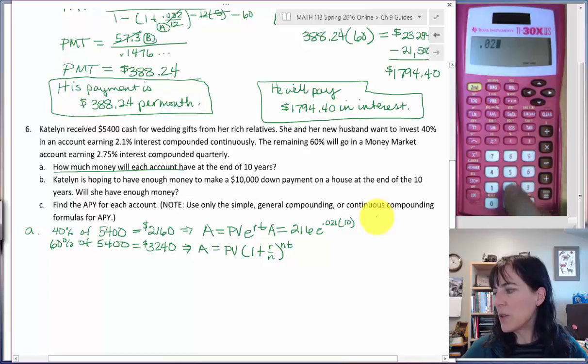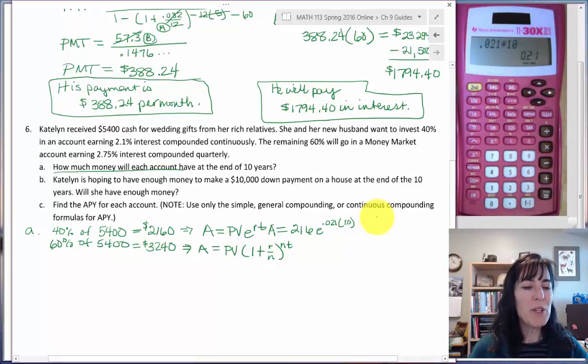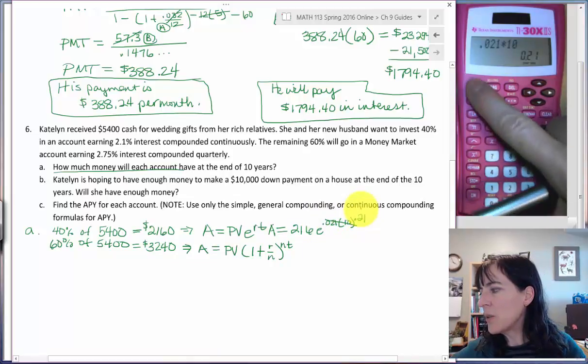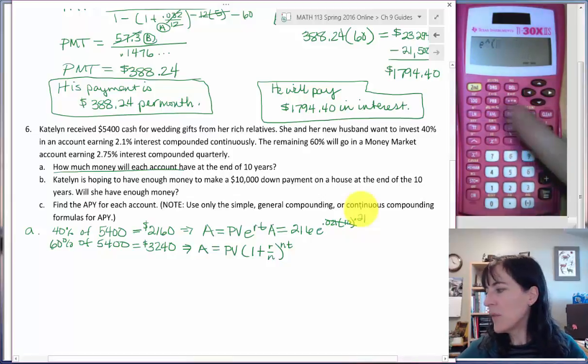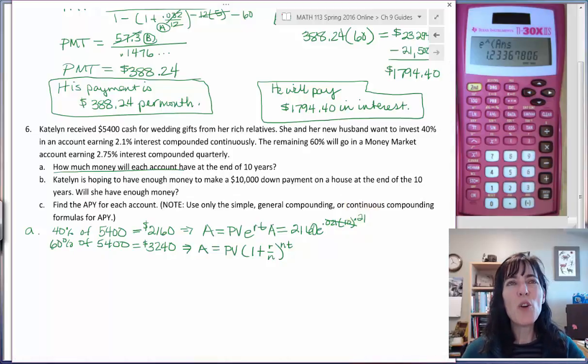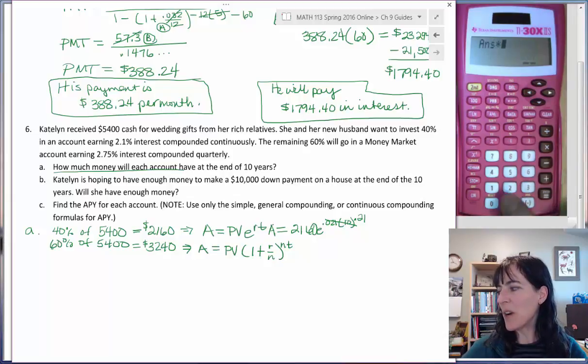And 0.021 times 10 gives me 0.21. And then I have to do e to the 0.21. So I can do second ln and then second answer and then equals, and I get 1.23367, and I snuck in a 0 there, so it's actually multiplied by 2,160,